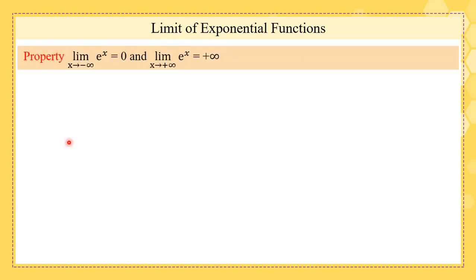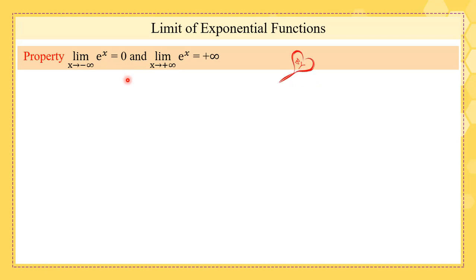Well, we have to memorize that the limit of e^x as x tends to minus infinity is 0, and the limit of e^x as x tends to plus infinity is plus infinity. And this is in fact very logical because e is about 2.7, and if we multiply 2.7 by itself infinitely many times, we get plus infinity. And for the first one, this is as if we have 2.7 to the power negative infinity, which is 1 over 2.7 to the power positive infinity, and the limit of this quantity tends to 0.